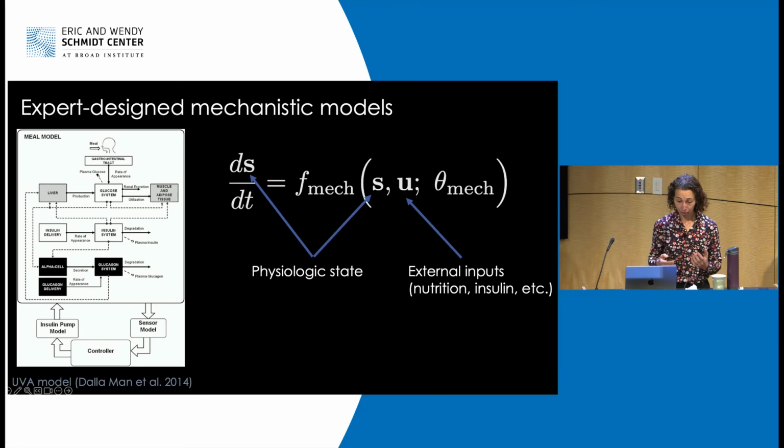And indeed, this is the perspective that my group took for quite a while, spent a lot of time together with Matt working on various hybrid models. And so to see what happens, let's just start by assuming we have some mechanistic model, modeling somebody's physiological state driven by some set of external inputs like consumed carbs and delivered insulin.